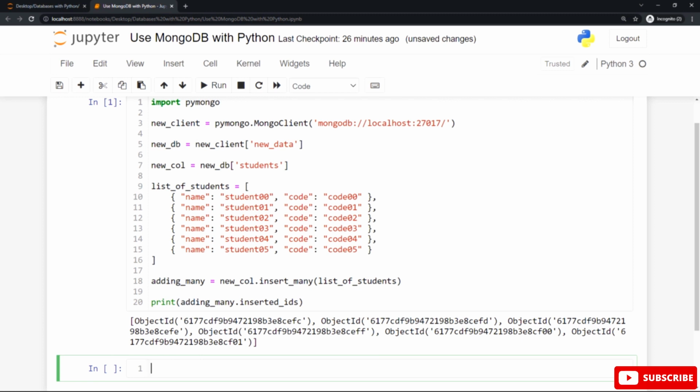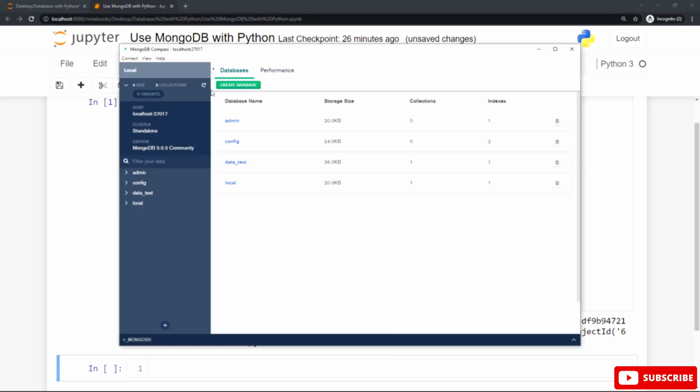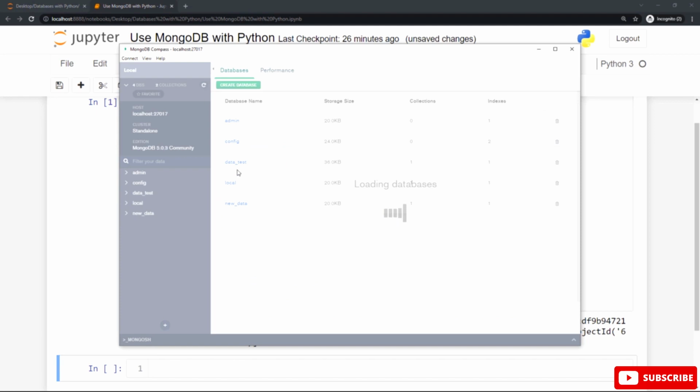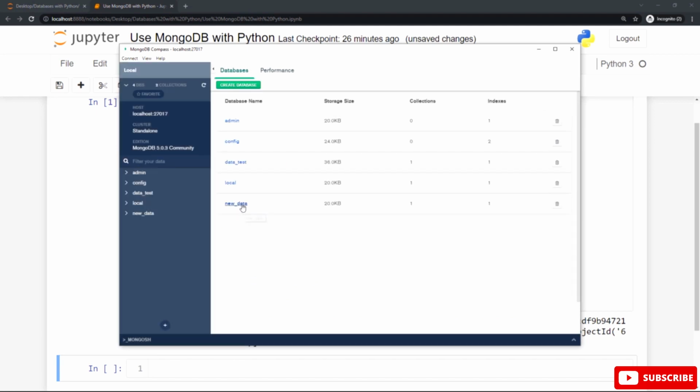And if you want to see our database with the students collection and these documents, you can go to MongoDB Compass. So let's go ahead and show the inserted documents through MongoDB Compass. Open MongoDB Compass, refresh, and you can see our new database called new data.